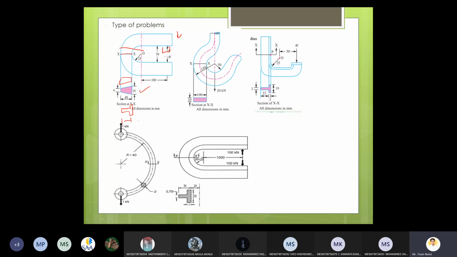Okay, a C channel with the trapezoidal cross section. This is a crane hook with the rectangular cross section. This is also a supporting bench with the T section. This is a C channel with the T section. See here, this is a C channel with the trapezoidal section. Here, see, a C channel with the T cross section. And this is like a tie rod with the circular cross section.